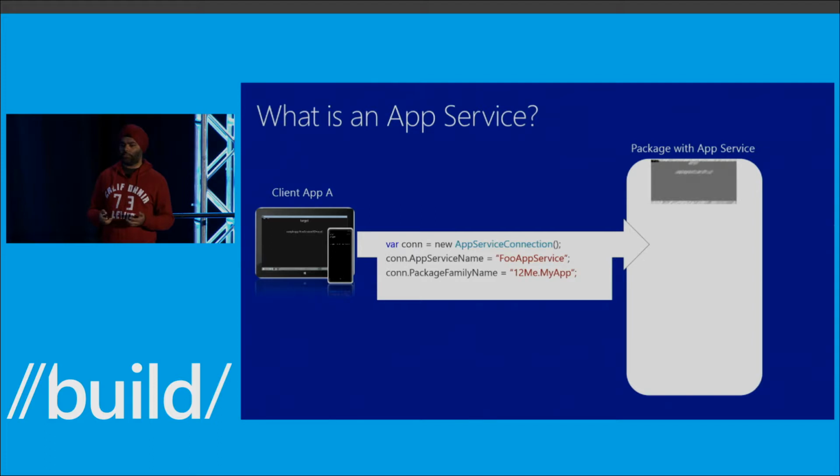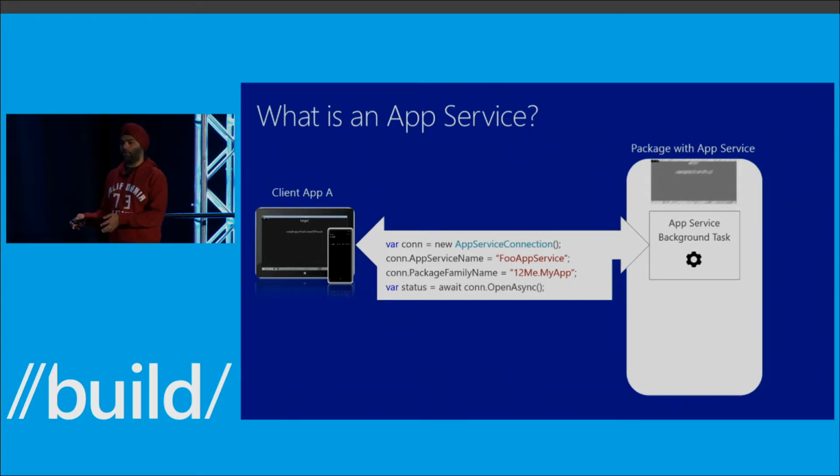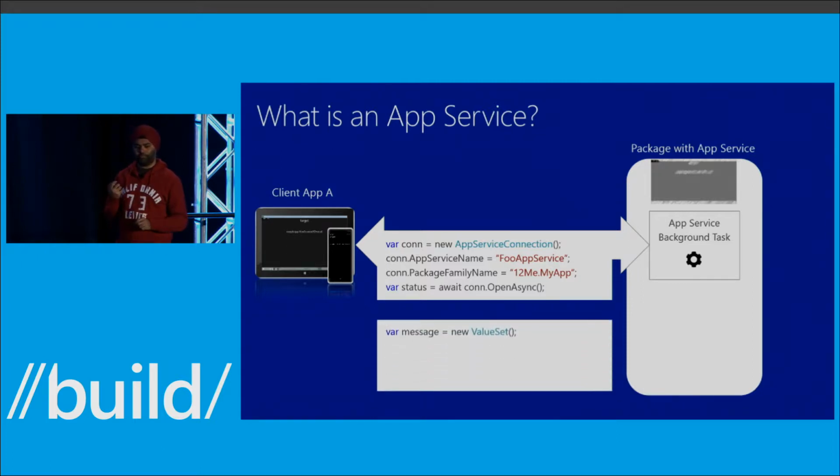It gives us a package family name, because we need to know which app the app service lives in. And it opens a connection. And if everything went well, we spin up a background task in the app that provides the app service. At this point, this becomes a two-way connection. The client app can talk to the app service, and the app service can talk back to the client app. It's a full two-way channel.